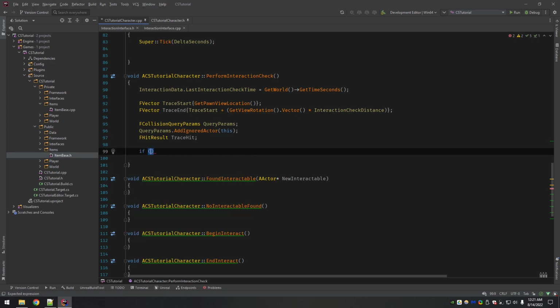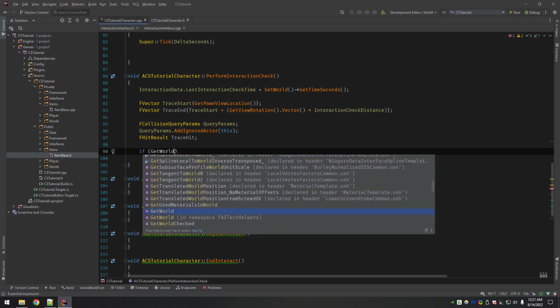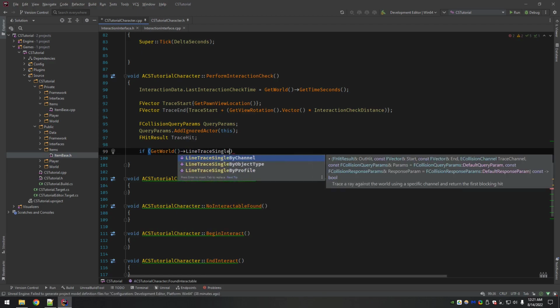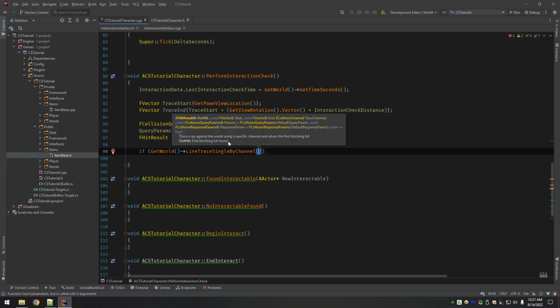Now we're ready to actually call it. So it's get world line trace single by channel. The first argument is, right here when it says out hit, the ampersand means we're passing in our hit result by reference. This function will modify it, and then it becomes the output.